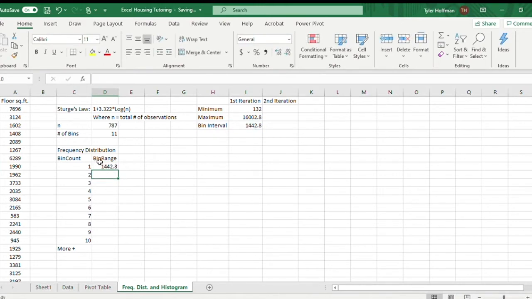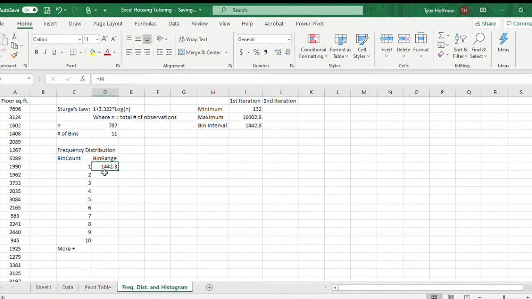So what this does is basically when you're creating a frequency distribution or a histogram, your first bin is what they're called. The range for that, the maximum value for that is shown here. So basically in the first bin is all of the square footage floor area values ranging from 0 to 1400